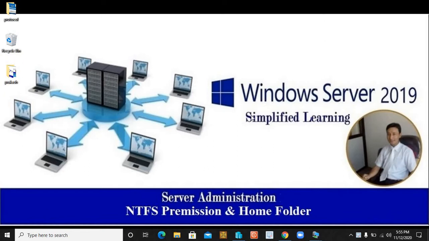One of the major responsibilities of every system administrator in any network infrastructure is to look after file and folder sharing security. So in order to understand completely how the files are shared, how the folders are shared, how the NTFS permissions are shared, and how the home folder is shared in your domain environment, we are going